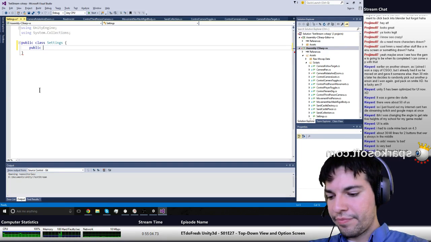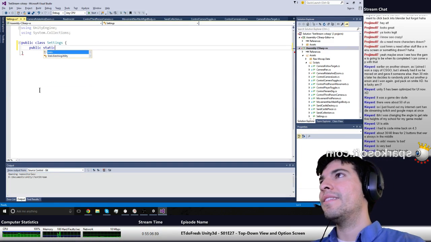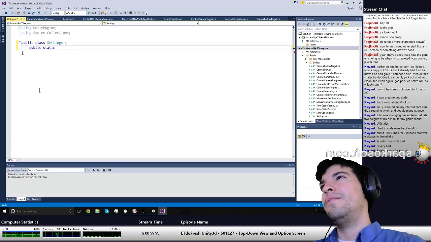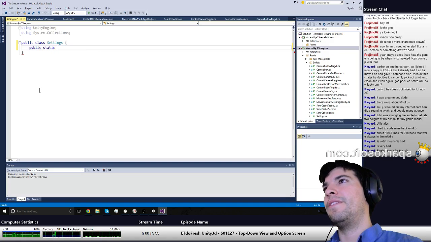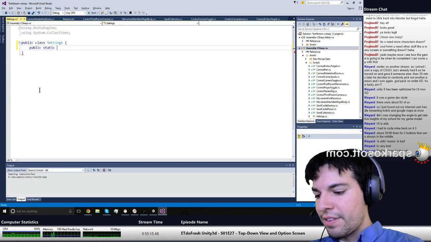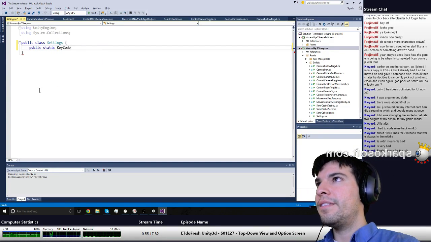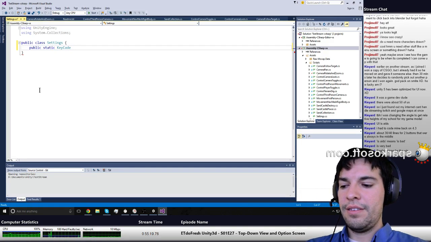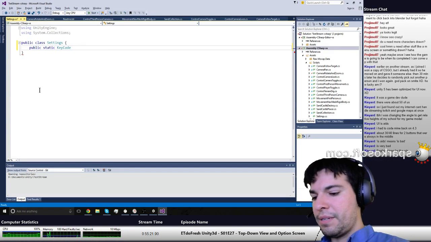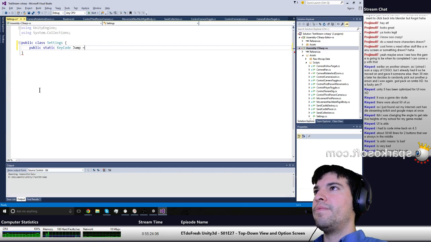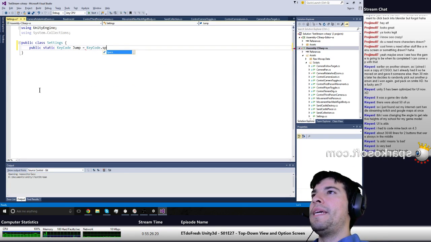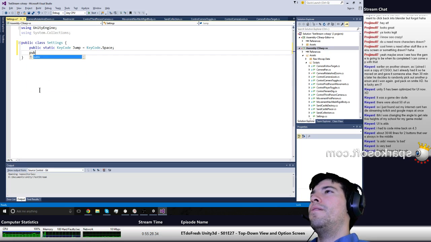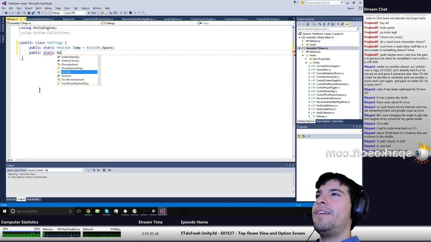Public static. What's more important, static or public? I'm going to say public first. Public static key code. Let's just start with some easy stuff. Jump equals keycode dot space. Public static keycode